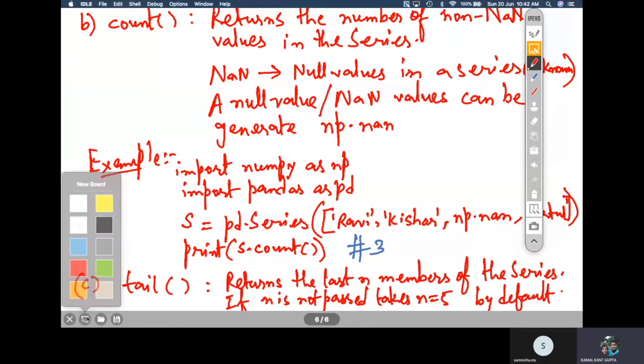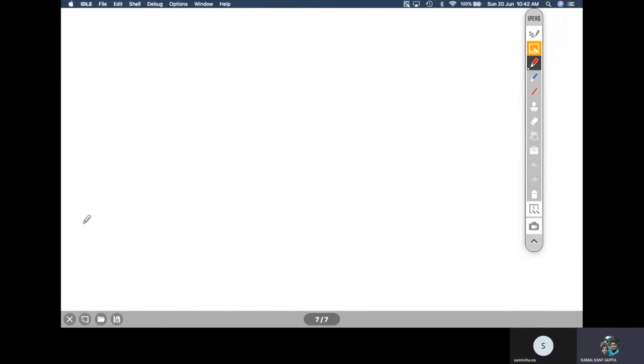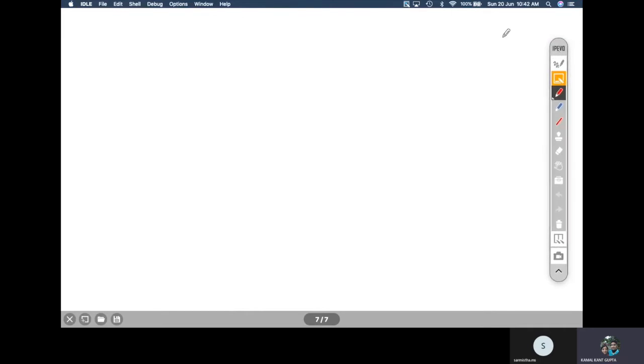Now let us move on to the next topic, because this is over. This was an easy thing to deal with. Now let us find out what mathematical operations we can perform on the series. There are many. Some of them are basic mathematical operations like addition, subtraction, multiplication, and division. So we can add two series, subtract them, and multiply them, and all these operations are vector based, that means element to element.